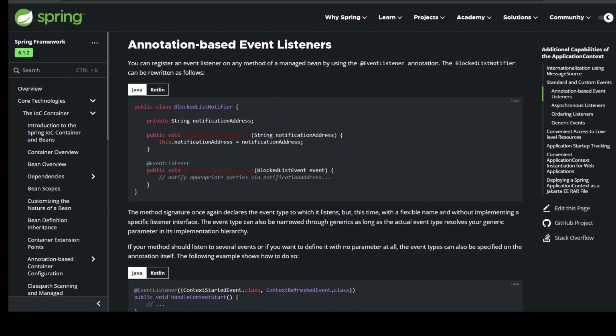It is also possible to add additional runtime filtering by using the condition attribute of the annotation that defines a SpEL expression, which should match to actually invoke the method for a particular event. The following example shows how a notifier can be rewritten to be invoked only if the content attribute of the event is equal to myEvent. @EventListener(condition = "#blEvent.content == 'myEvent'") public void processBlockedListEvent(BlockedListEvent blEvent) { // notify appropriate parties via notificationAddress... }